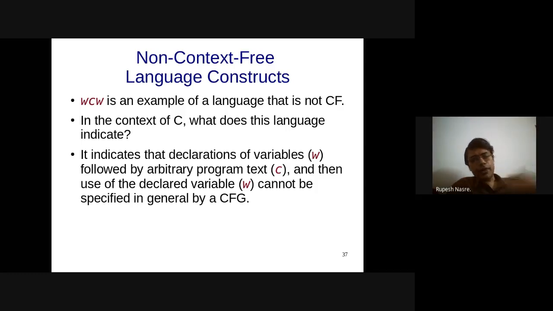So undeclared variables or undefined variables or uninitialized variables, these are all problems which sometimes compilers give errors for. These cannot be given during the parsing stage. These have to wait for the semantic phase. Do you do this in parsing? Yeah, this has to be done in the semantic checking. This cannot be done in the parsing.